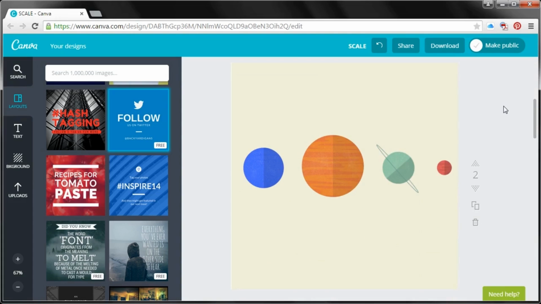So in this example, you have scale between the planets, but without anything else to really see around these planets or anything to compare it to, we don't know the scale of these planets and how big we're talking about. So for instance, we could say that this is the actual universe, and these are planets within our solar system. And that is a much larger scale because now we're talking about hundreds of thousands of millions of miles away